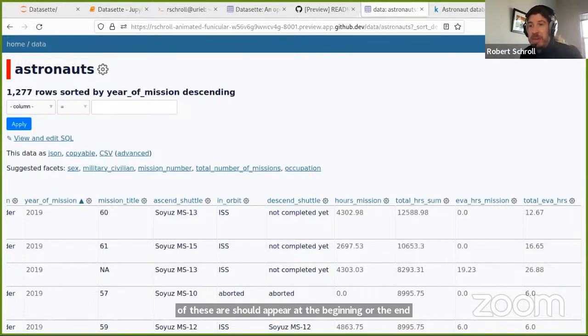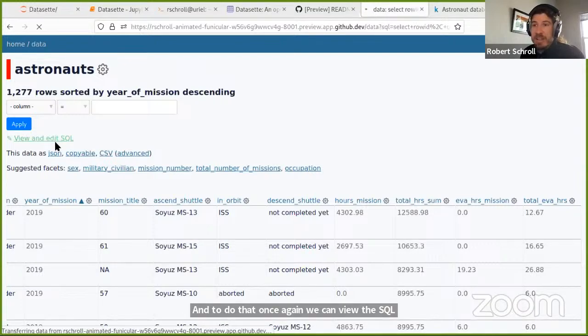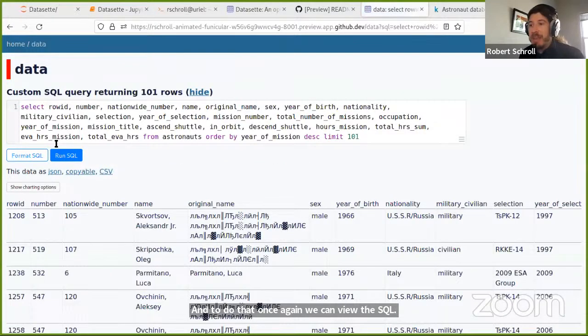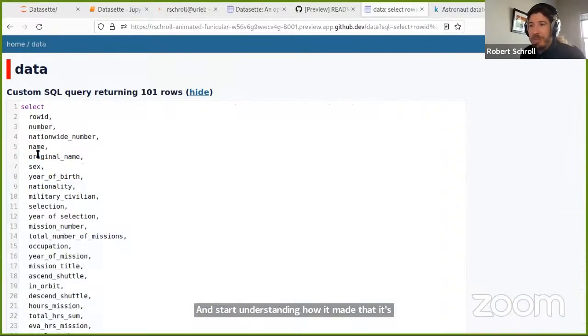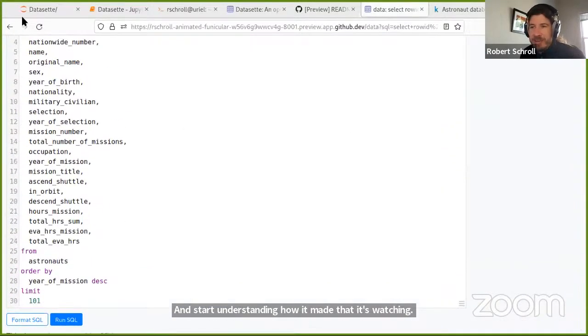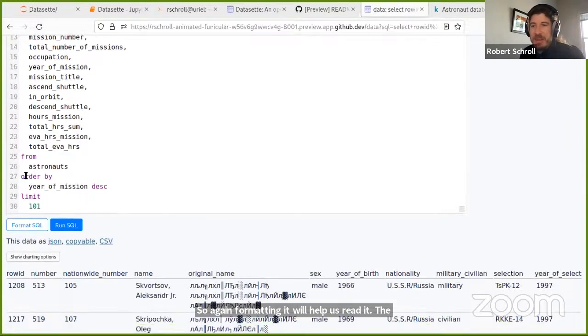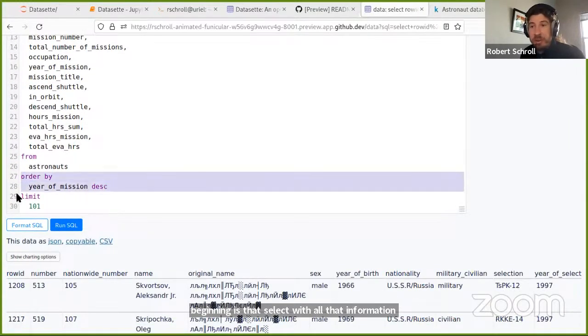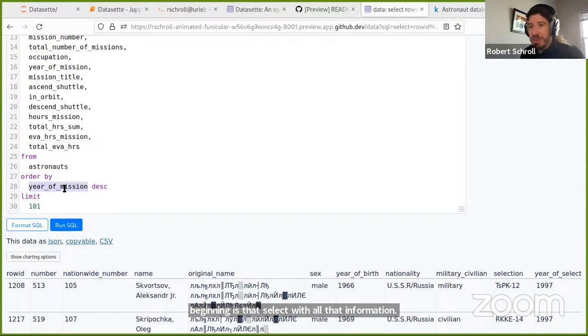And to do that, once again, we can view the SQL and start understanding how it made that expression. So again, formatting it will help us read it. That beginning is that select with all that information there. There we go. There's an order by clause, and we tried to order by the year of the mission. So that's why it did it that way.